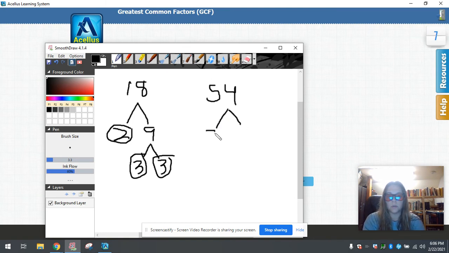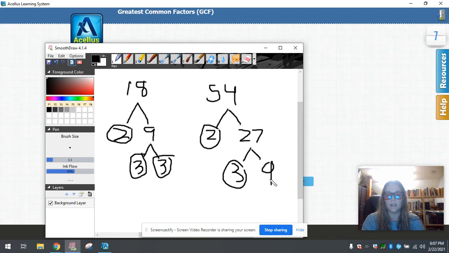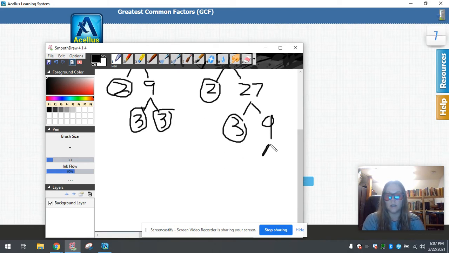54 is divisible by 2 because it's an even number. 54 divided by 2 is 27. 27 off the top of my head is not even, doesn't end in 5 or 0, so I can't divide by 2 or 5, but I know it's divisible by 3 because 3 times 9 is 27. So 27 divided by 3 is 9. 9 is not a prime number. 9 is divisible by 3. If I do 9 divided by 3, I get